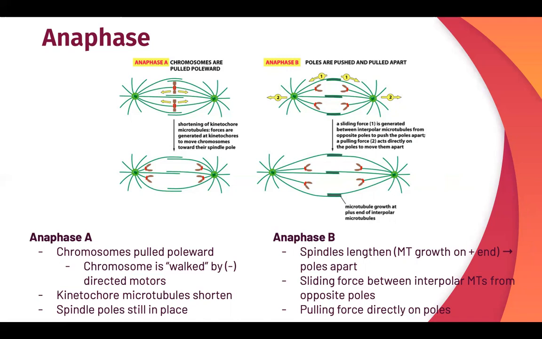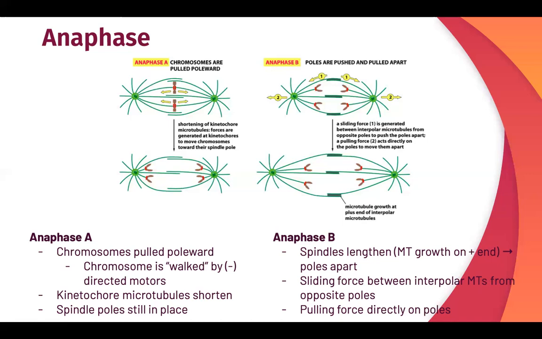Your spindles can lengthen, so that's going to push the poles apart. Your sliding forces between the interpolar microtubules can also cause the poles to be pulled apart. And then just any pulling force that's directly on the poles as well. So any of the ones on the aster microtubules, which are the outside ones connected to the cell membrane, if those are being pulled at, that'll also pull away